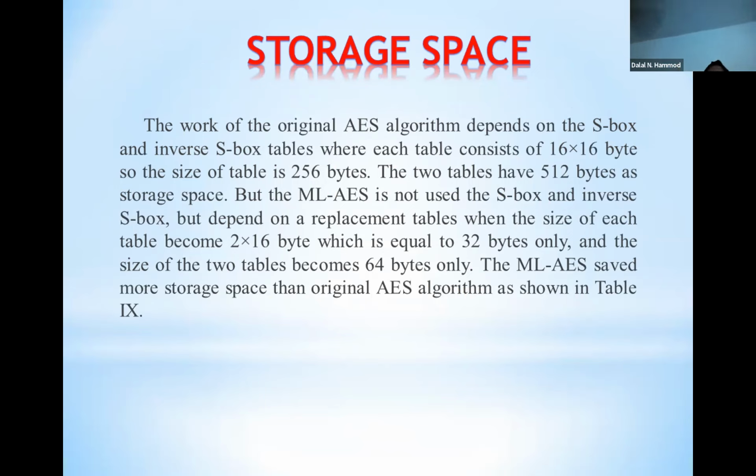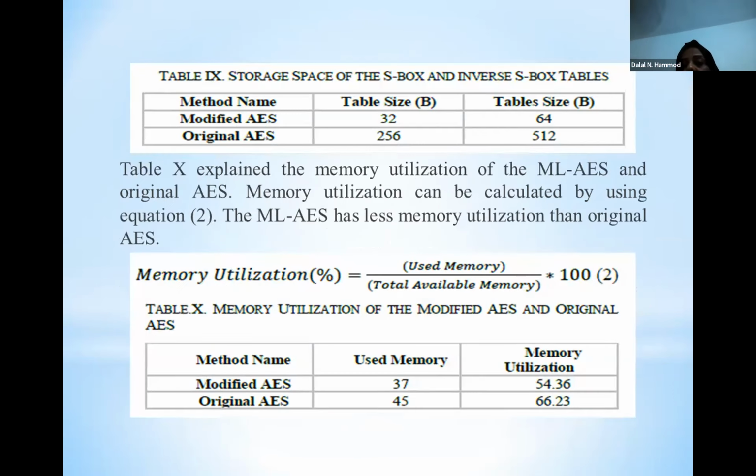This table represents the storage space for modified AES, 32 bytes only, but the original AES needs 256 bytes. We also calculated the memory utilization using equation 2, and the modified AES uses 37 of the memory,